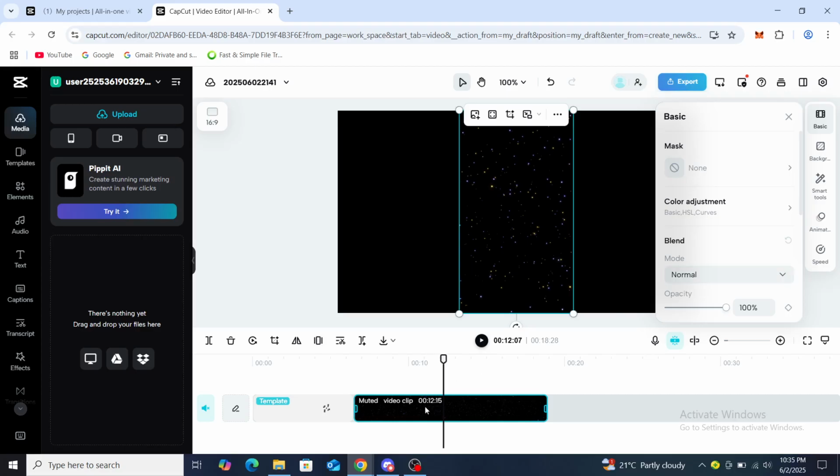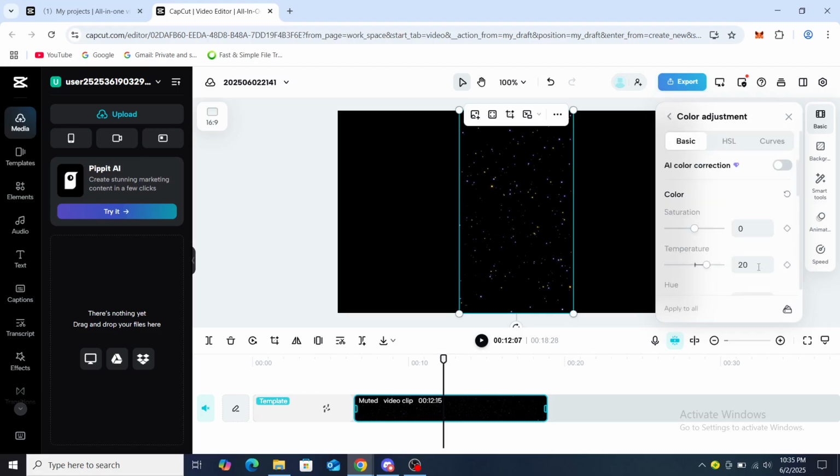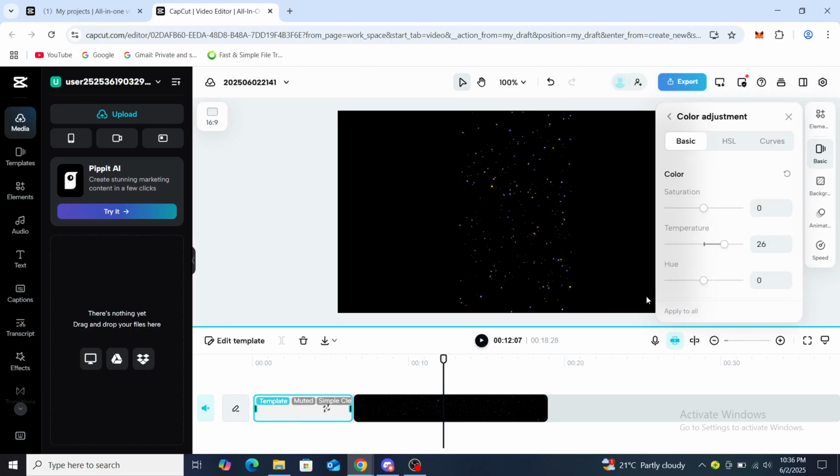As you can see, I've clicked on this clip and you can see the color adjustment is going to shoot to 20 as well. If I go to this and click on apply to all, this is going to be a bit warmer as well on here, as you can see. So that's how you can use the apply to all feature. So you go to adjustment, and any video that is in the same line is going to have the same